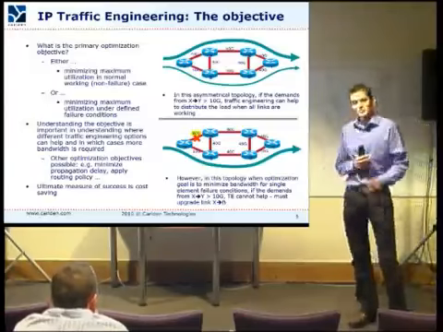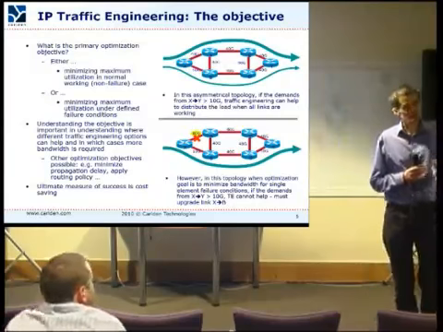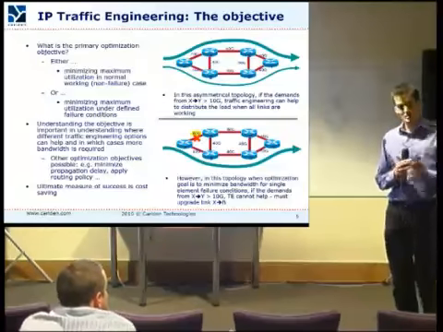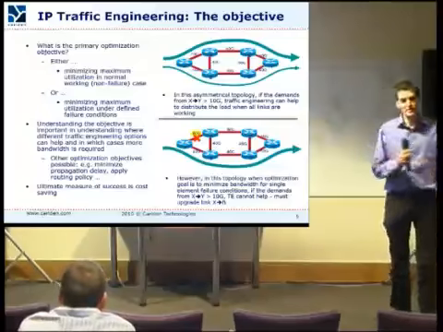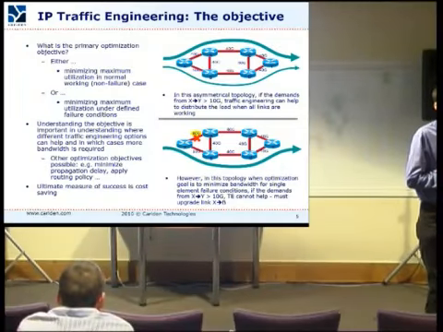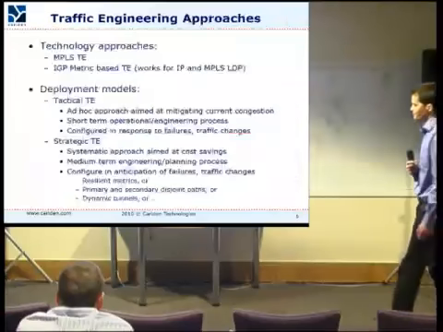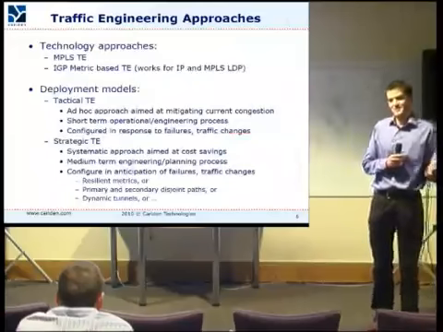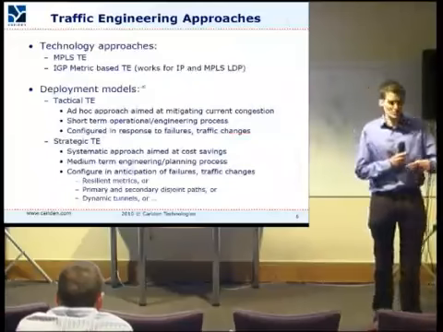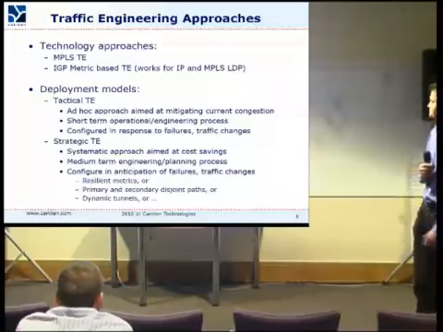And typically, the optimization goals will be minimizing the maximum link utilization, considering the working case. So considering when there are no link failures, for example. And the other will be trying to minimize the maximum link utilization, taking into account failure cases, which could be link failures, node failures, shared risk failures, or whatever they may be. It's important to differentiate between those, because when you analyze which approach you might use, you'll get a different answer depending upon the goal that you're trying to target.